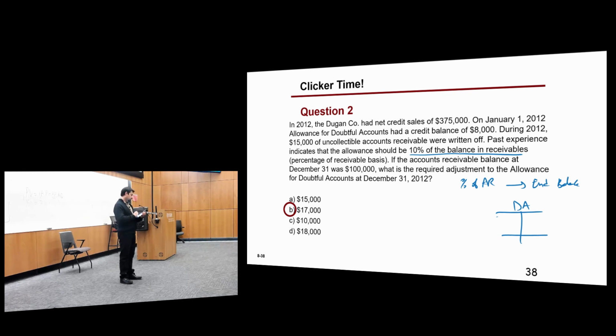So what was the original balance of the allowance for doubtful accounts? It was a credit of 8,000. And then we have the adjustment. So you have 8,000 plus the adjustment, which could be positive or negative. If the adjustment was negative, it would be on the debit side. In this case, we know that it has to be on the credit side because it's for this year. Anyways, it should be equal to 10% of the receivables, which is